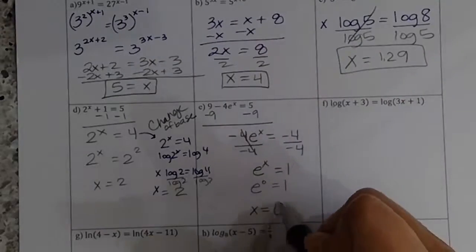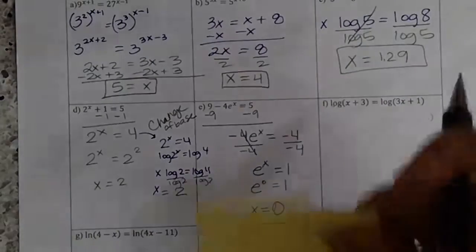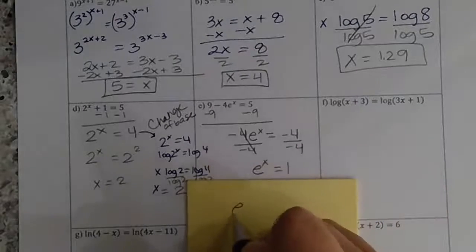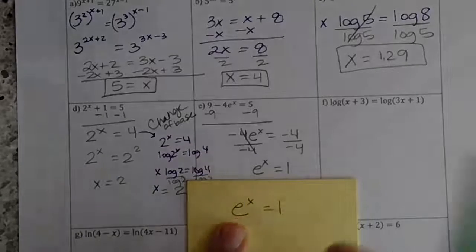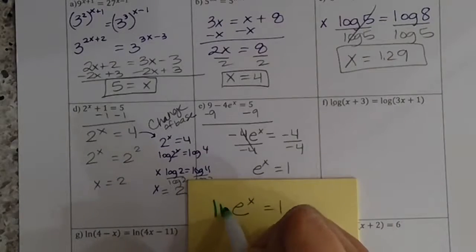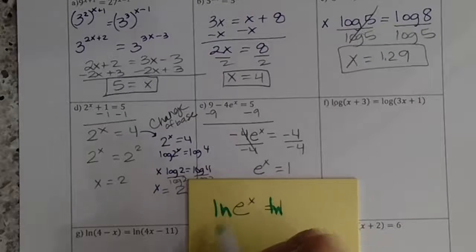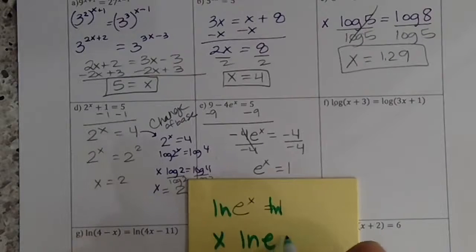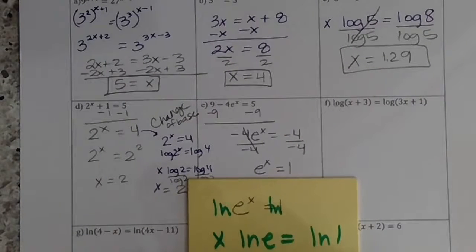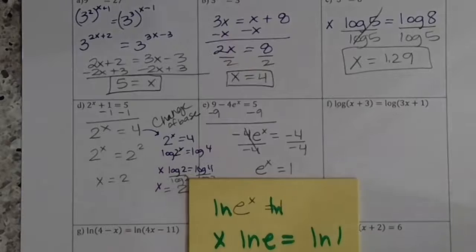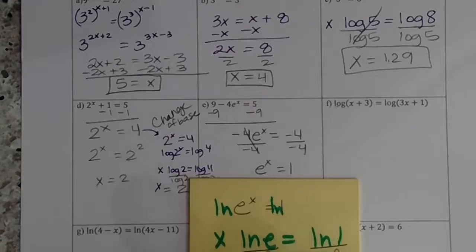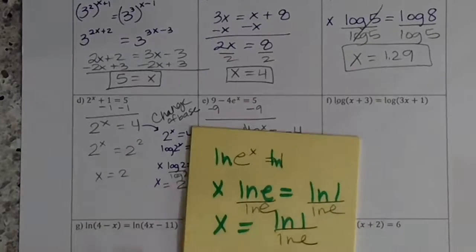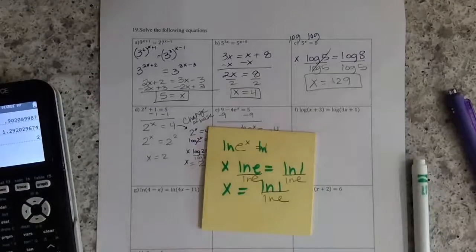If you didn't like that, you could have said, you actually have a change of base. But for E, you don't take the log of both sides, you take the natural log of both sides. And so this gives you x natural log of E equals natural log of 1. X is equal to natural log of 1 divided by natural log of E. And if you plug that into your calculator,